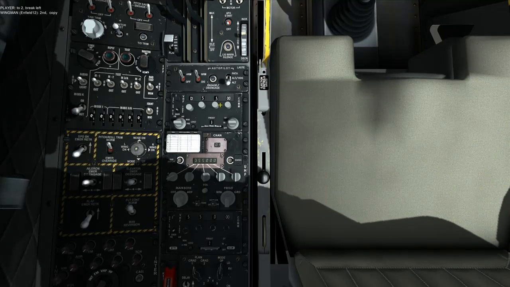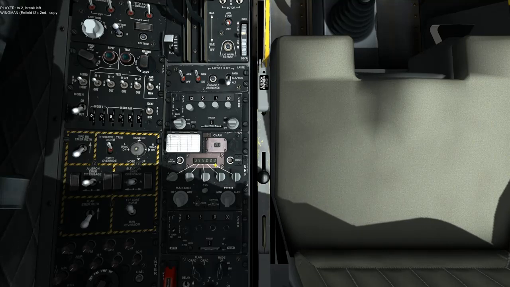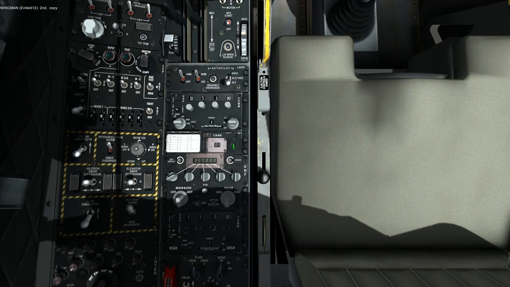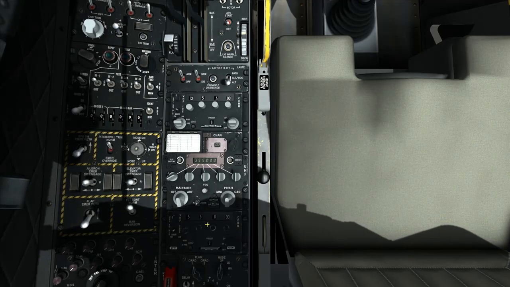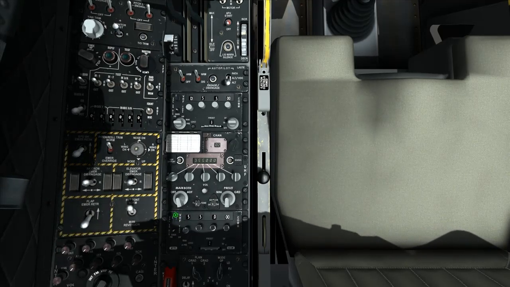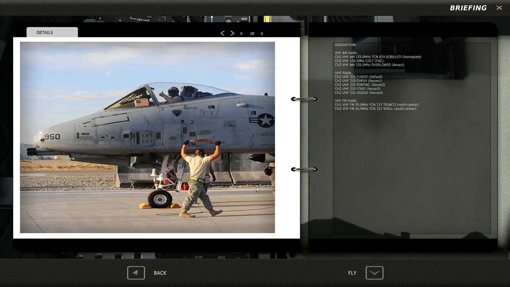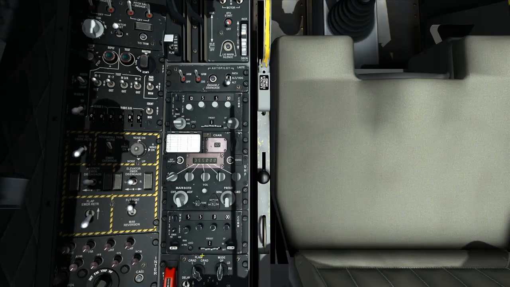Okay, so that's all working, and we're going to switch back to channel 2 in the hope that we might get some communications from whoever's on 255. And we're going to now go to the final radio, which is the FM radio, and if we look on our briefing we can see that tuned in here are the North tanker and the South tanker on channel 1 and 2 respectively. So we're going to go back to channel 1